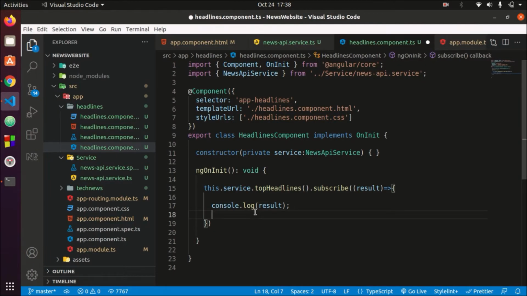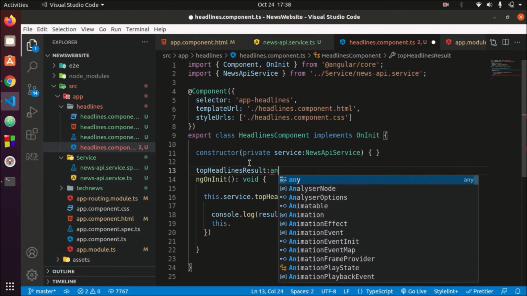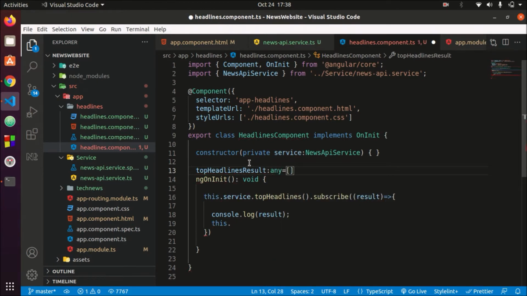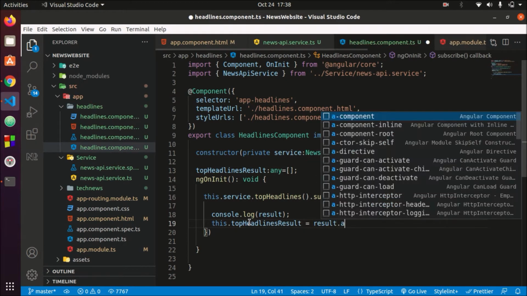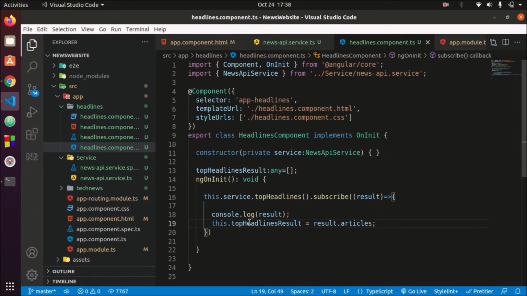So we have to store this. I have to create a variable also for storing all the news. So let's create a variable topHeadlinesResult, and it will be of type any, and it will be an array. This.topHeadlinesResult, which we will be getting the articles, I think articles.